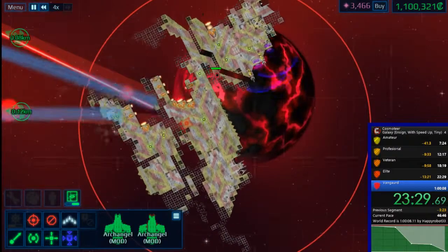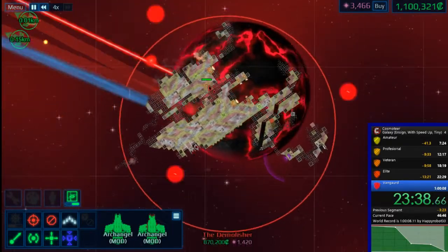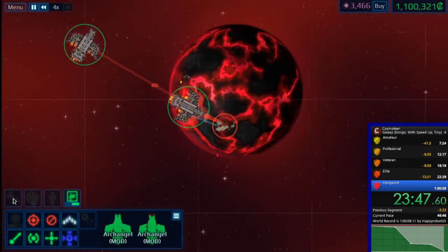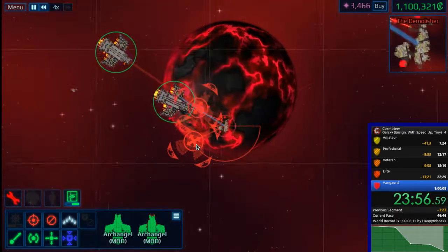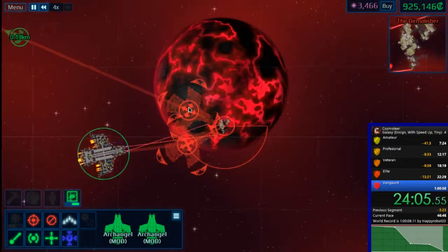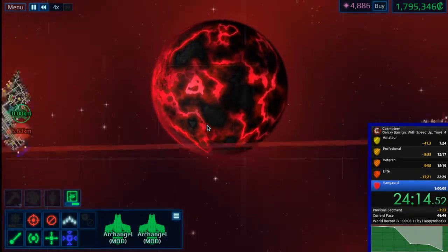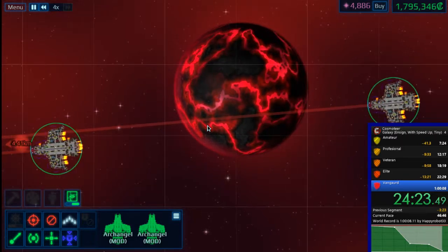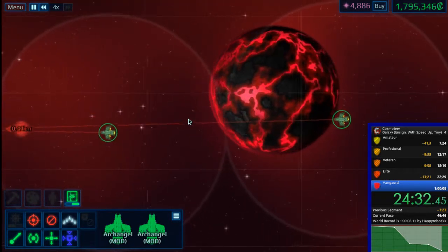Someone has a better ship for this mode, albeit, but I don't know where that one guy's going. I also don't know why he's trying to rotate. Okay, that alone took so long. Oh man. I mean, at this point you're really AFKing, but